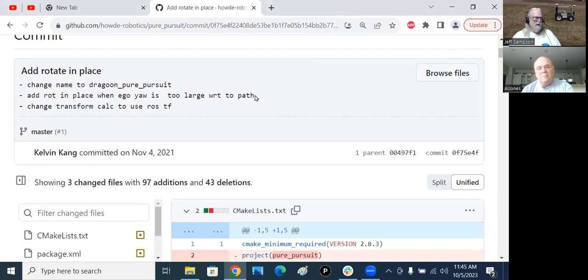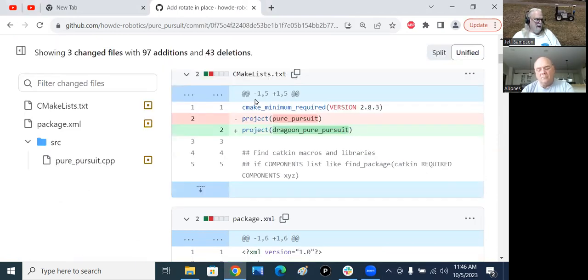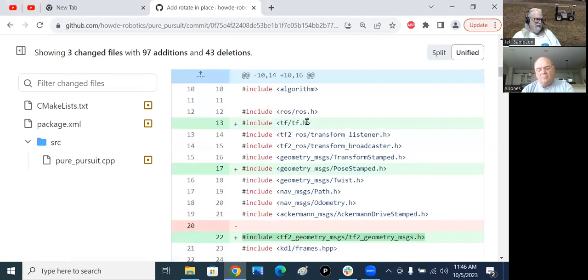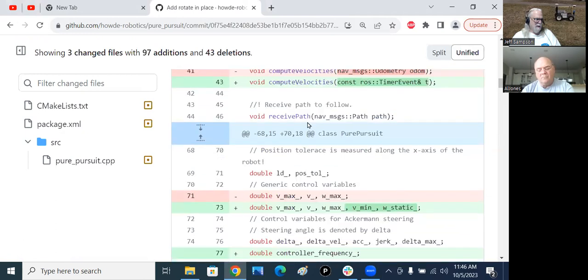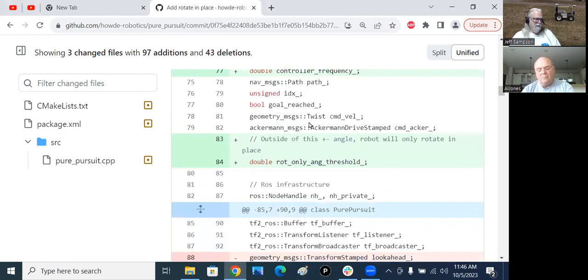So he's saying if you got a difference, if you're not pointed at the point like you're supposed to, he's got some kind of a number, and it says that number. I don't know what ego means. I don't know if it's a typo or that means something to him. Ego. I don't know what that is, but somewhere it said he added that because, where did I see that? He said something about if the path was,